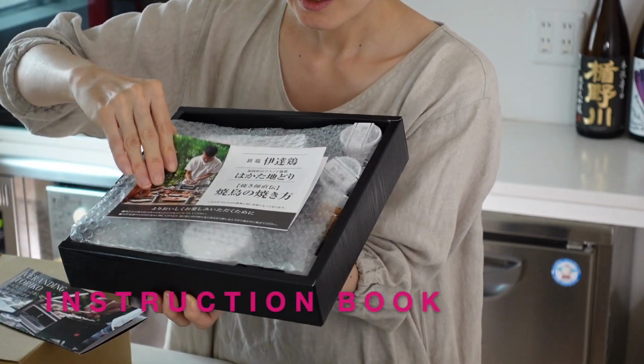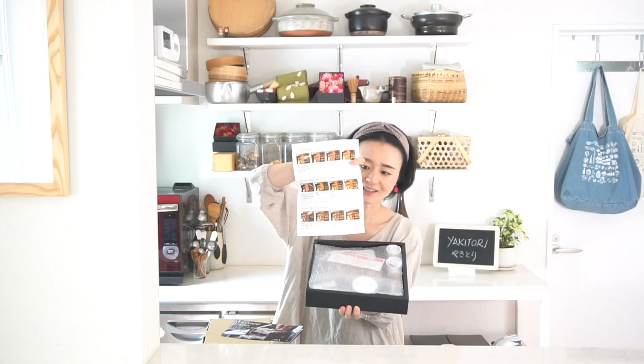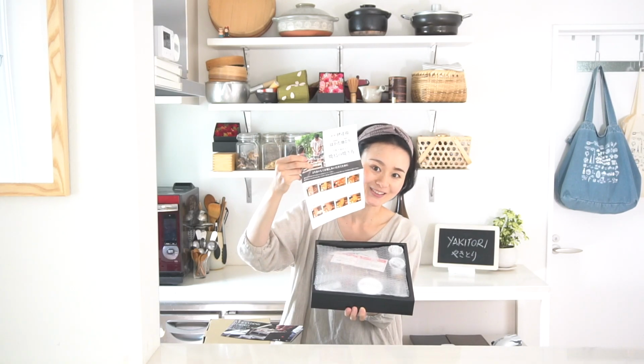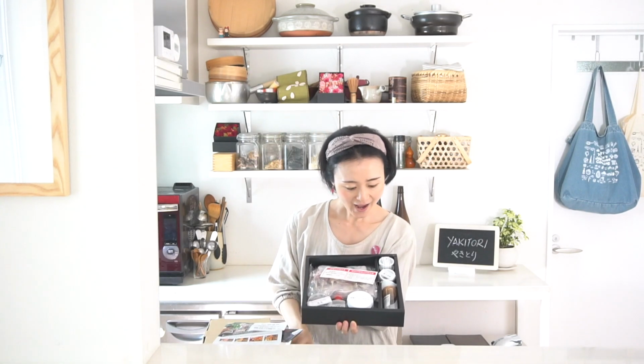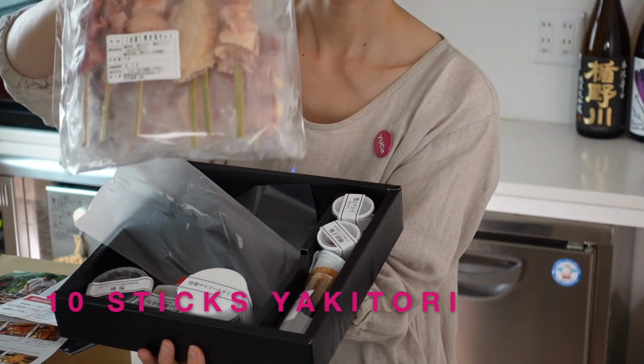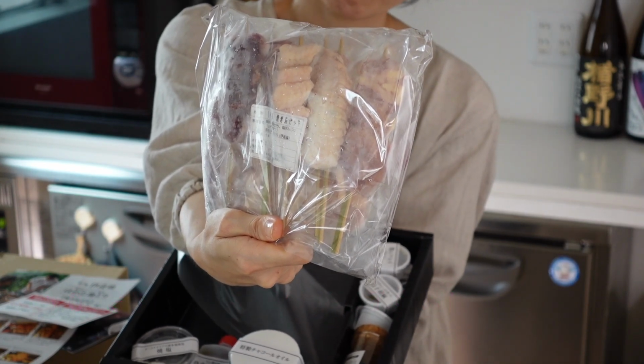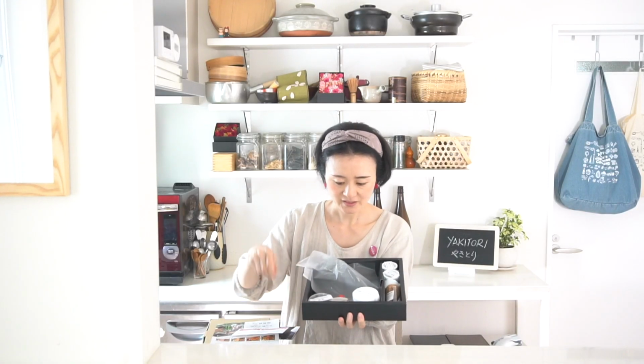And oh, this is a guide. It's an instruction on how to grill yakitori. So in detail. Under this cover. Wow! So whoa, there's 10 sticks of yakitori. Different parts of chicken. And what else? What's inside? They have